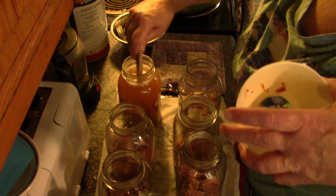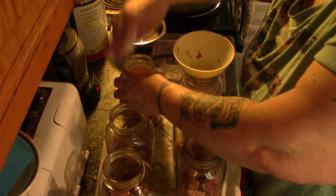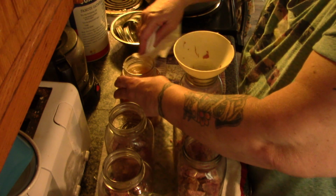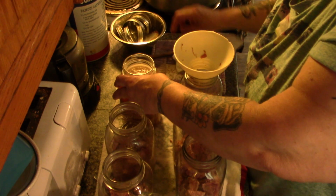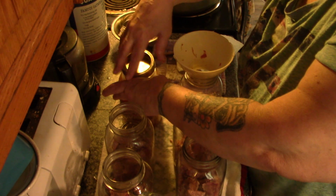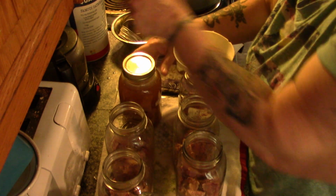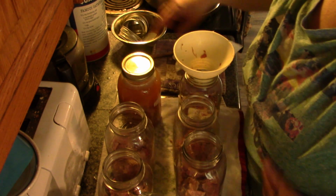And I'm going to debubble just because there is ham in the bottom. Always, always wipe your rims and threads with a clean damp paper towel. Put your lid on, fingertip tight, don't wrench on it like you're a muscle man, just fingertip tight